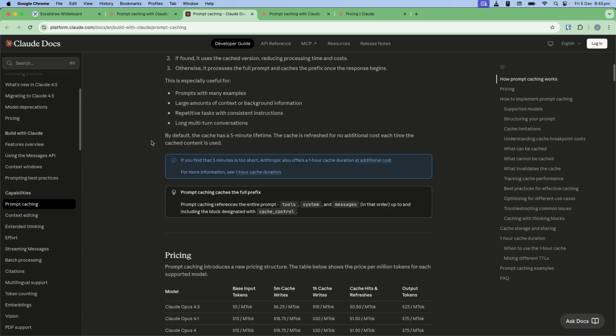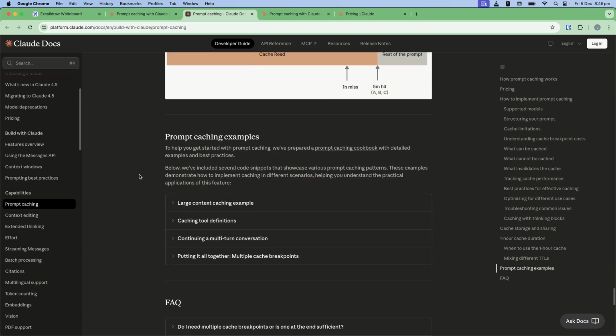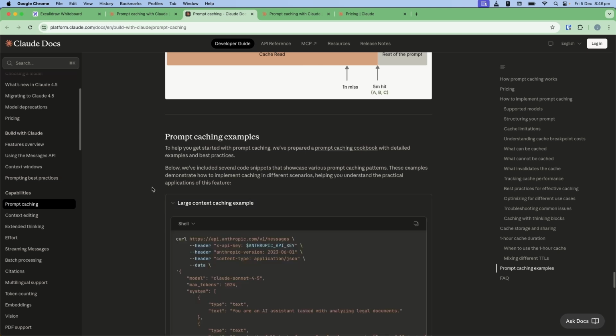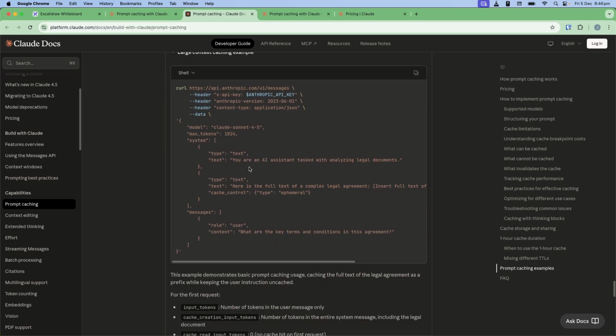But if we scroll down a bit further, we can see the most important part of their documentation, which they've buried right at the bottom. They've got examples of how to use it for different use cases. For example, if you're caching large content, in your Anthropic API call, you just stick this little cache control thing in the last content block